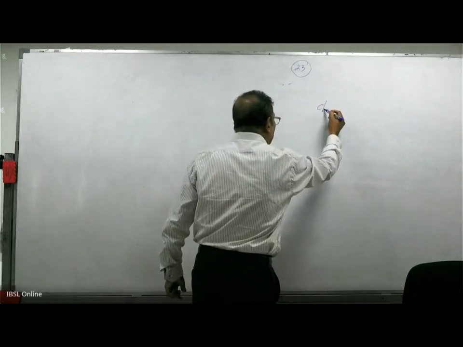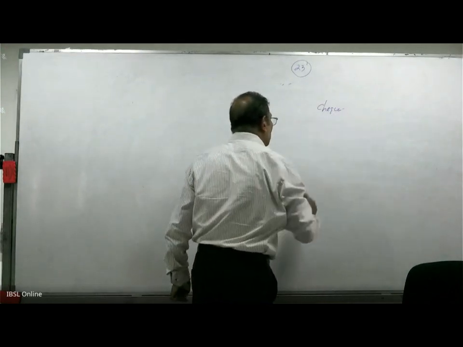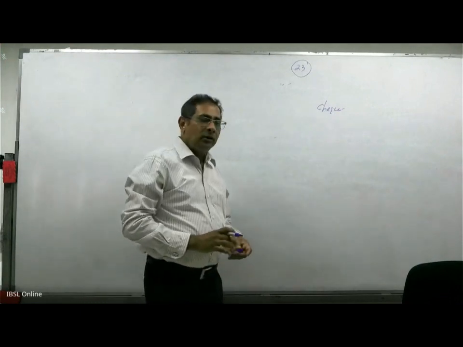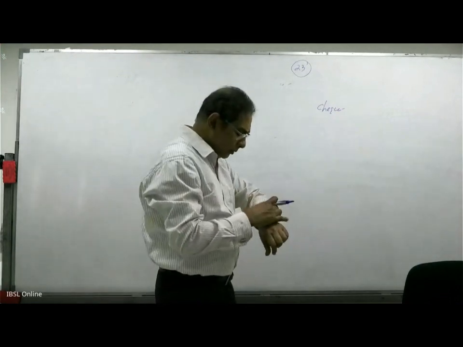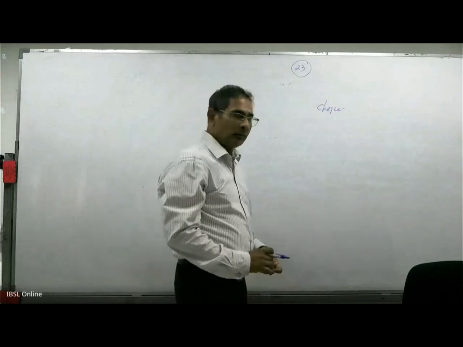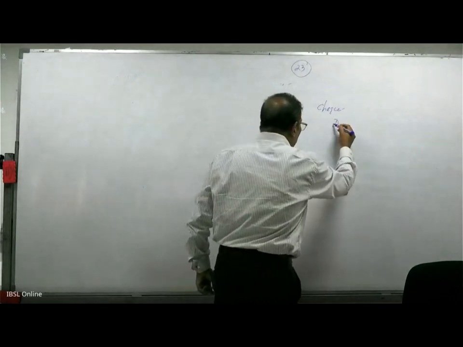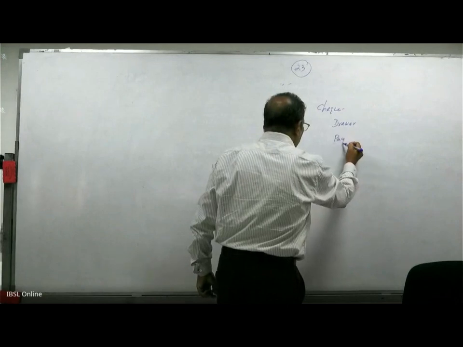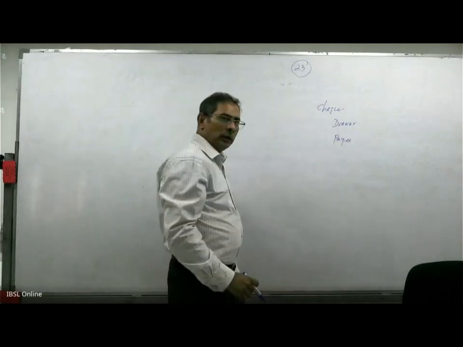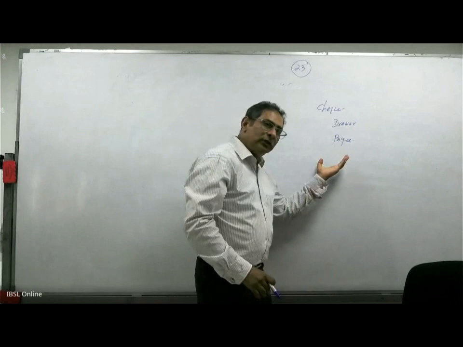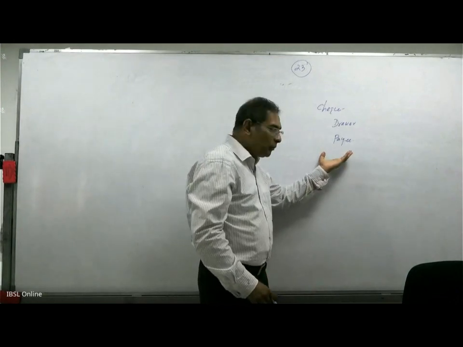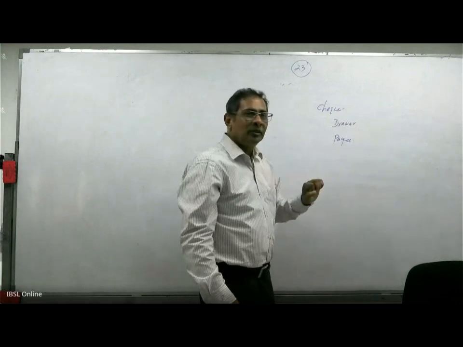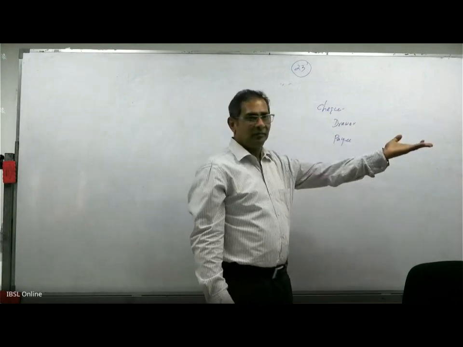Now coming back to the check again. There are two parties only to a check: the drawer and the payee. There is a drawee also, but the drawee is not stated there. This is drawn on the bank all the time, so by default it's a banker.